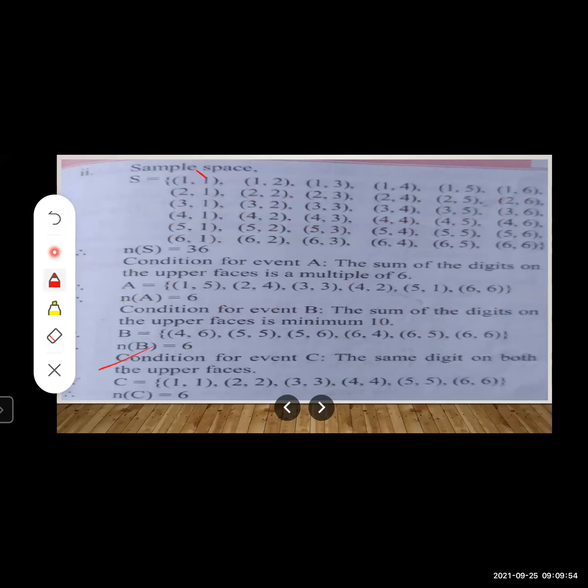Okay. So we want the same digit. So let us find out. See, same digit 1 1. Next, see here you can't see the same digit, right? See here, can you see 2 2? Yes. So again here also you can't see anywhere the same digit. Now let us look at this line where you can see the same digit. Yes, you can see this 3 3, right? Similarly, here also you can't see the same digit. So let us find out our favorable outcome from the sample space.